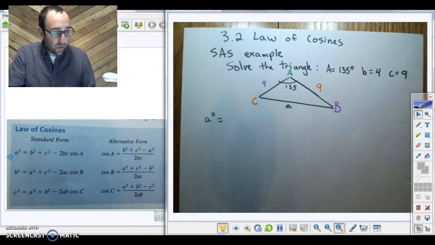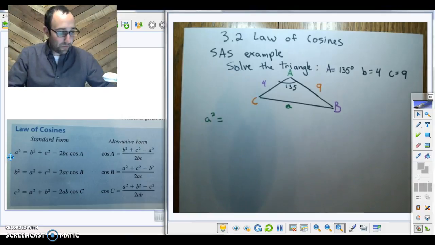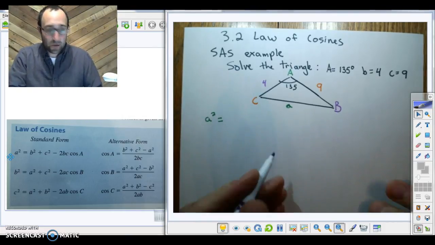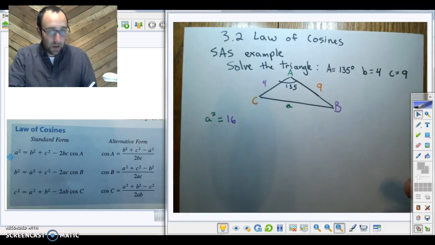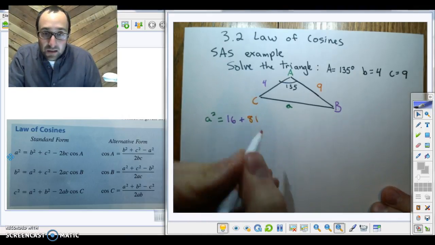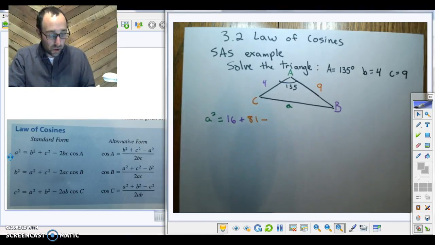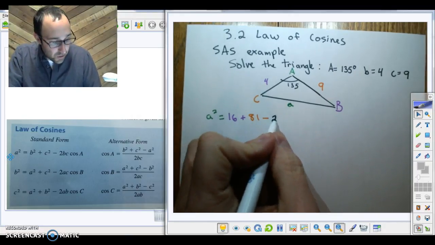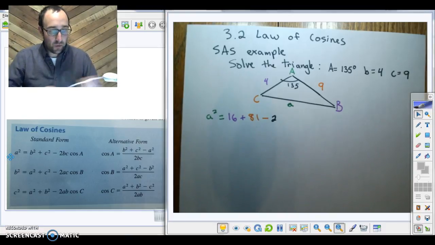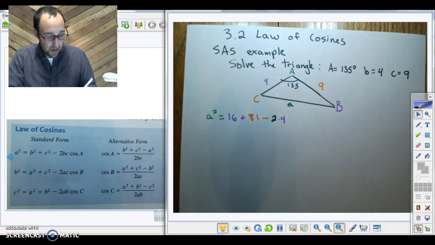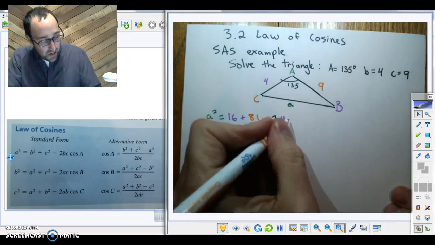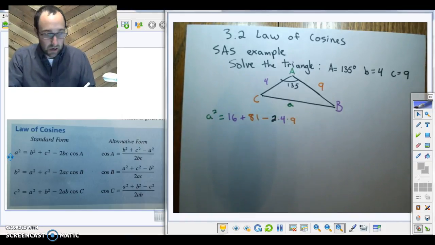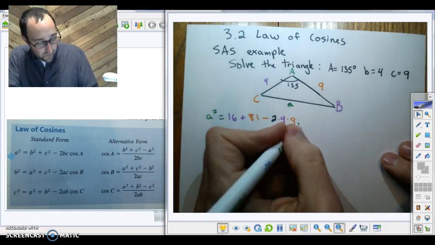squared is going to equal B squared. Now B is right here. 4 squared is 16. And then it's going to be plus C squared. 9 times 9 is 81. So we got that, and then it's going to be minus 2bc cosine A. So we got 2 times b, which is 4, times c, which is 9, times cosine A, which is 135. So we got cosine